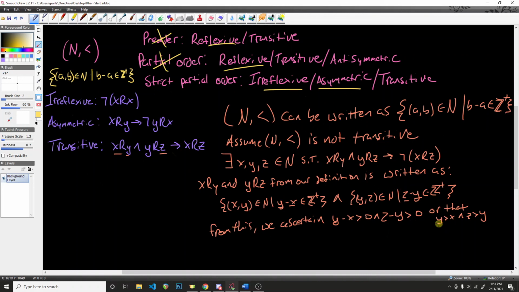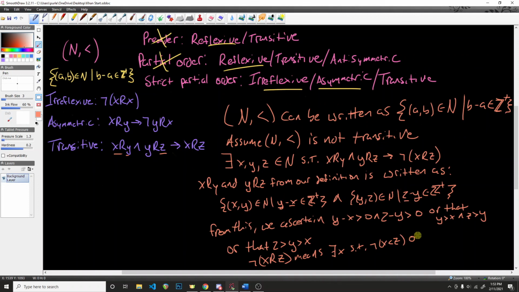So what we have here is that y is greater than x, and we have that z is greater than y. And I can even rewrite that to say z is greater than y, which is greater than x. Z is greater than y, which is greater than x. However, not xRz means that there exists some x such that not x is less than z,